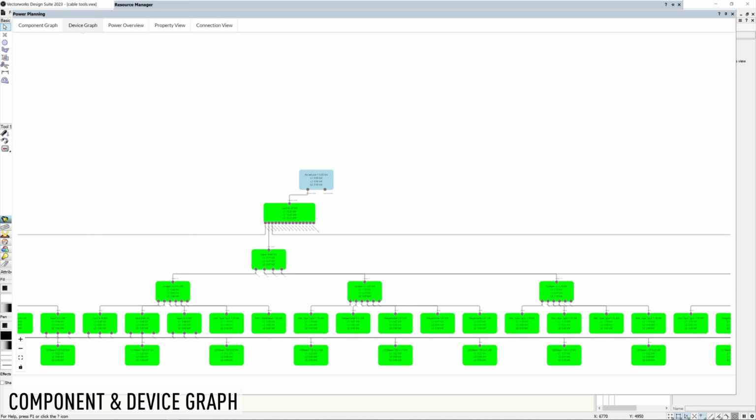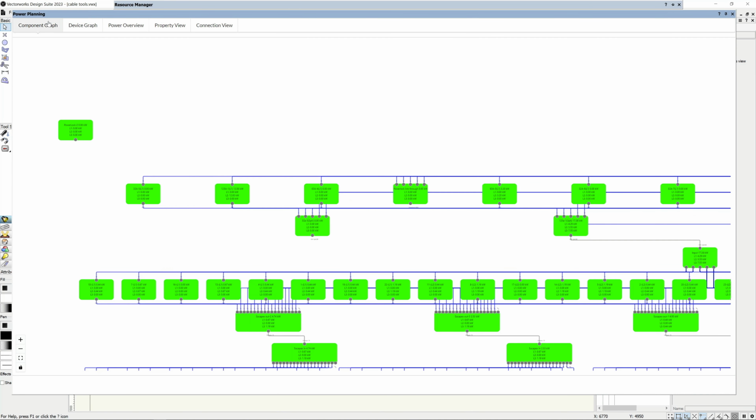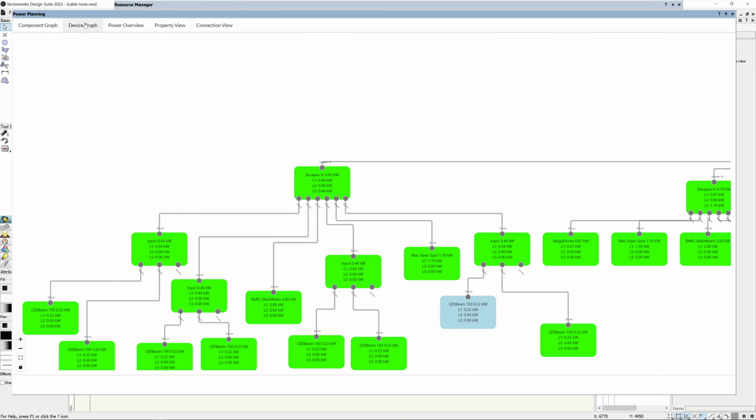The first thing you'll find when opening the Power Planning palette is the connection lines between components and devices are cleaner and less cluttered in the device and component graph views. Devices now scale based on the number of connections, and the connection labels themselves are slanted to make sure that you can clearly see what is connected where. And lastly, both the component and device graph will remember any layout changes you make until you manually refresh the